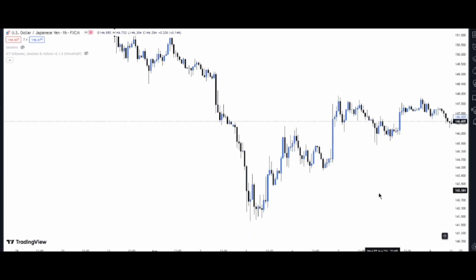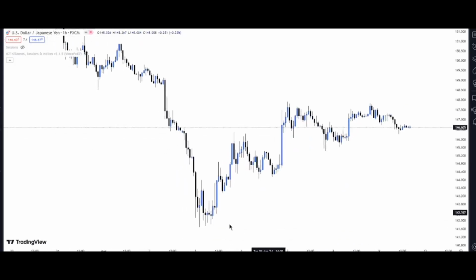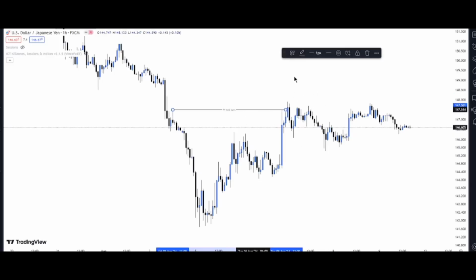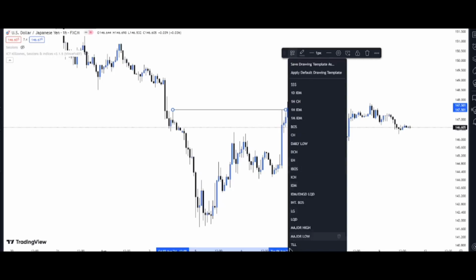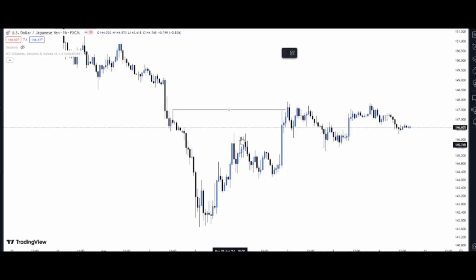Okay? Let's see. Price has printed this low here on the 1H. Now, you need inducement. And where is the inducement in the market to confirm this very low here? This is your inducement. And as you can see, price took out that inducement with a candle closure. Now, I want you to understand something. Anytime price takes out inducement with a candle wick and gives us TNCP, we can go short from there. But if it takes it out with a candle closure,